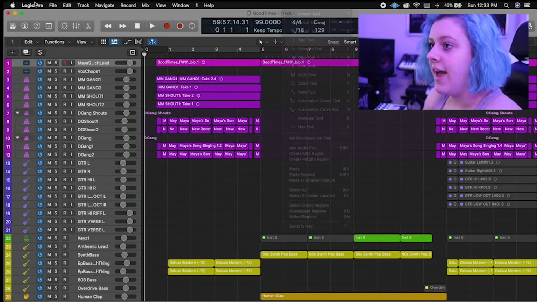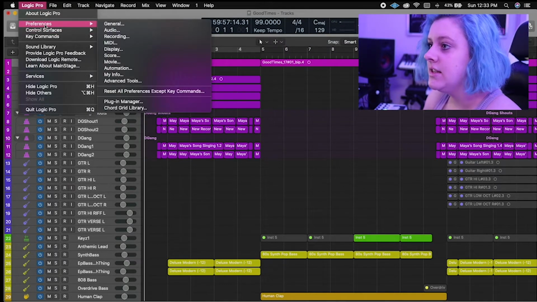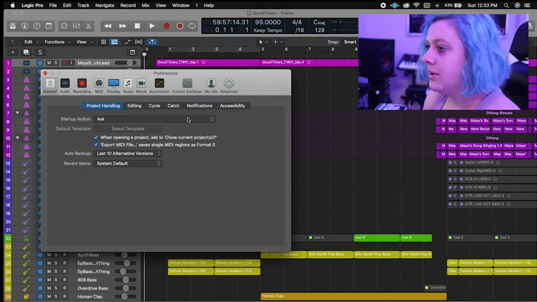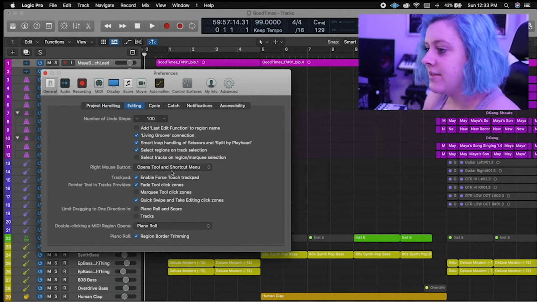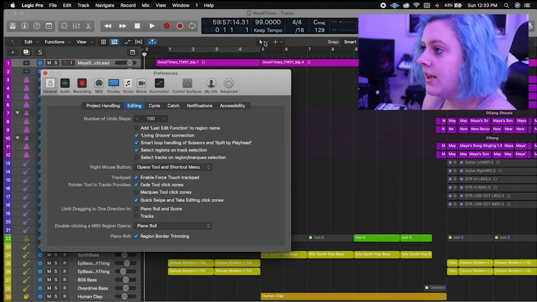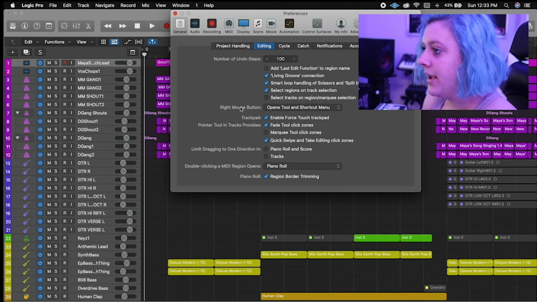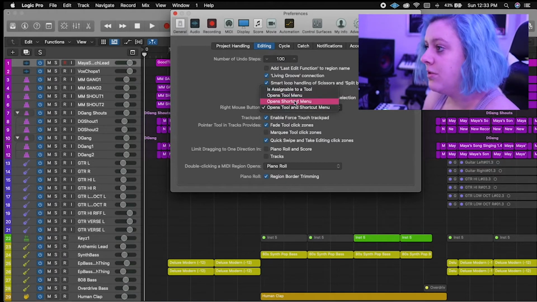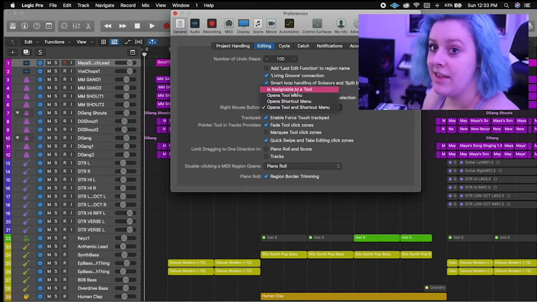So how I can do that is I can go to my preferences and go to editing. So I'm in general preferences and editing, and there's this little thing that says the right mouse button during editing, and there are these options. You can open the tools menu, open the shortcuts menu, or open a tool shortcut. You can also assign it to a tool,